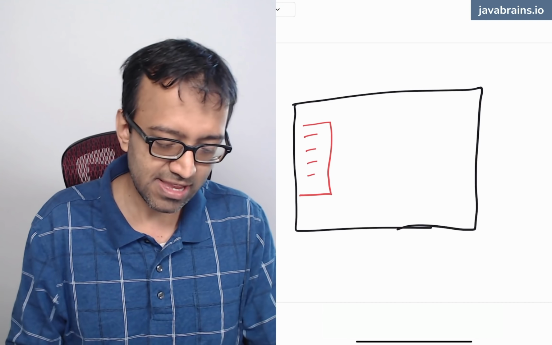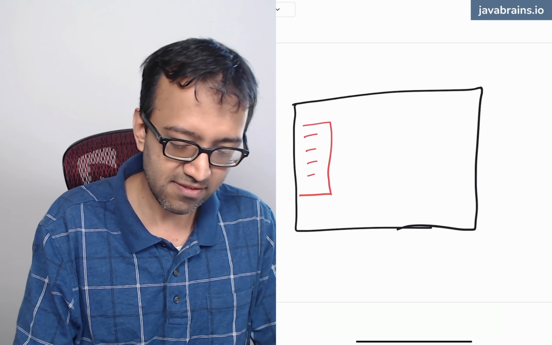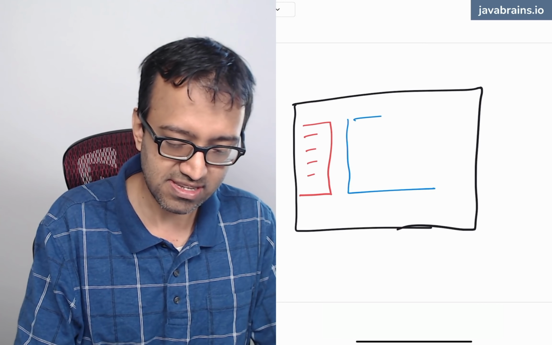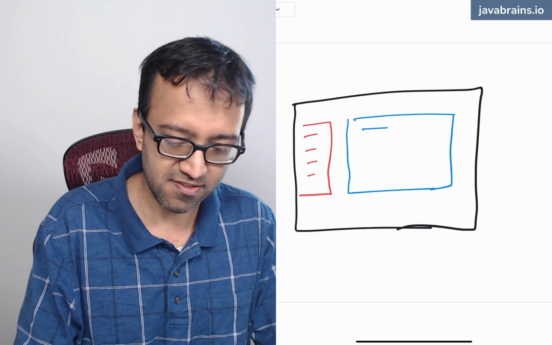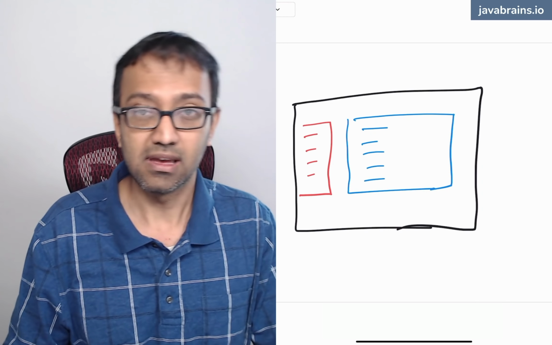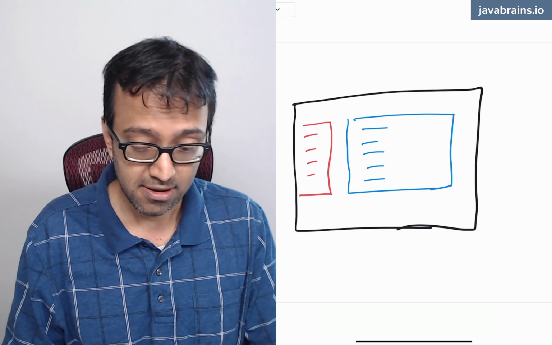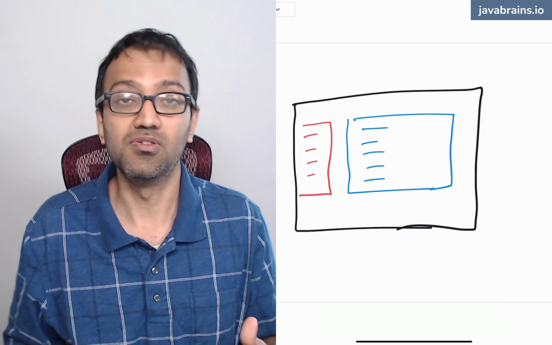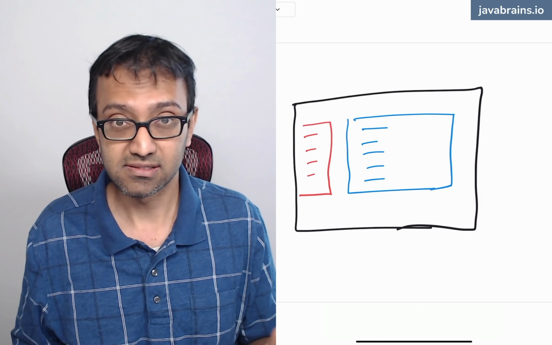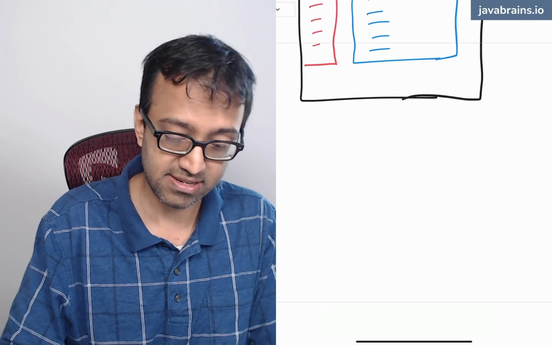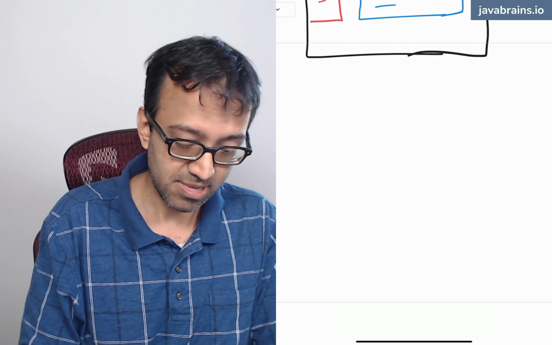So that's going to be on the left-hand side. On the right-hand side, we have the messages itself, right? So there's going to be a list of messages that this user has, and they can click on a message to view the message details page. Okay, that's going to be the next UI. So the message details page